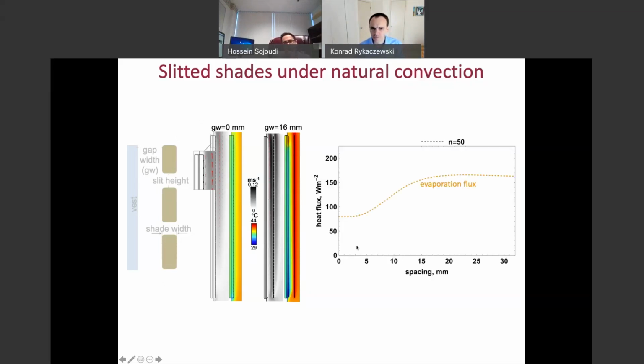And you can plot this as a function of the spacing between the vest and the shade, the gap. And this is the evaporative flux. You see that it saturates at around 15 millimeters. In this area of garment design, this is known as a ventilation gap. Similarly, if you wear a raincoat or a ski jacket, you feel much better if there's a little bit of a gap and air can move. The same happens for Bedouins in the desert. They wear